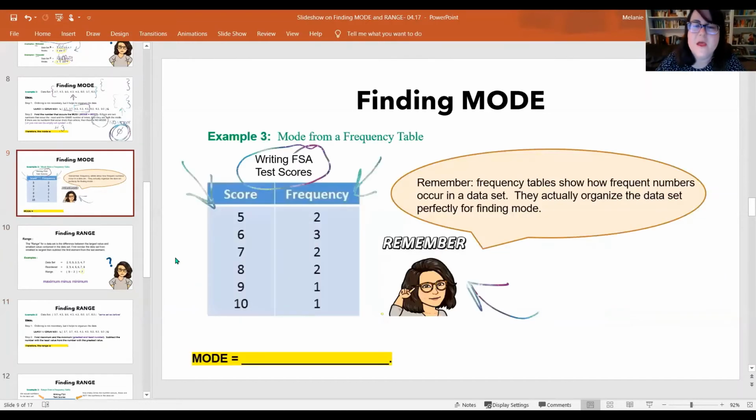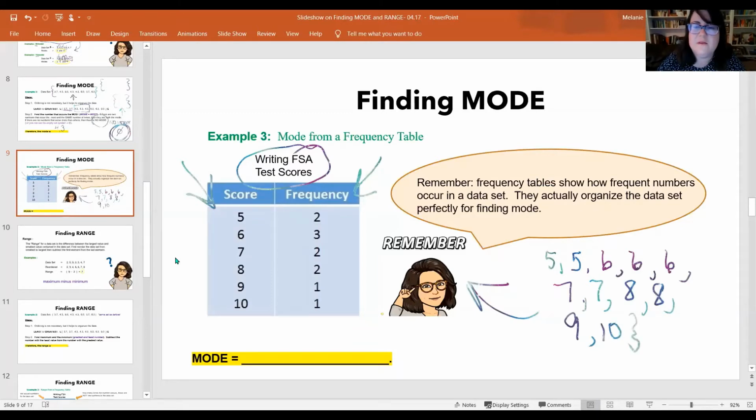The data set would be like 5, 5, 6, 6, 6, 7, 7, 8, 8, 9, 10. That would actually be the data set, okay? Notice I did 5 twice, I did 6 3 times, I did 7 and 8 twice, and I did 9 and 10 once. So that's how you kind of pull apart a frequency table, but it's actually pretty useful for